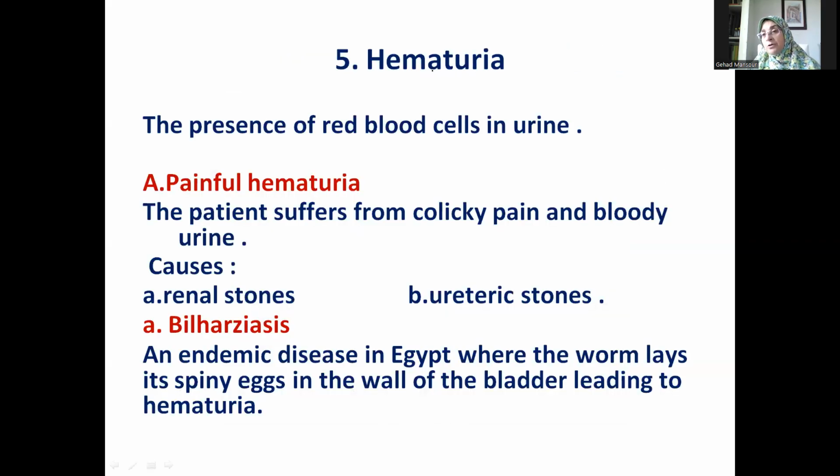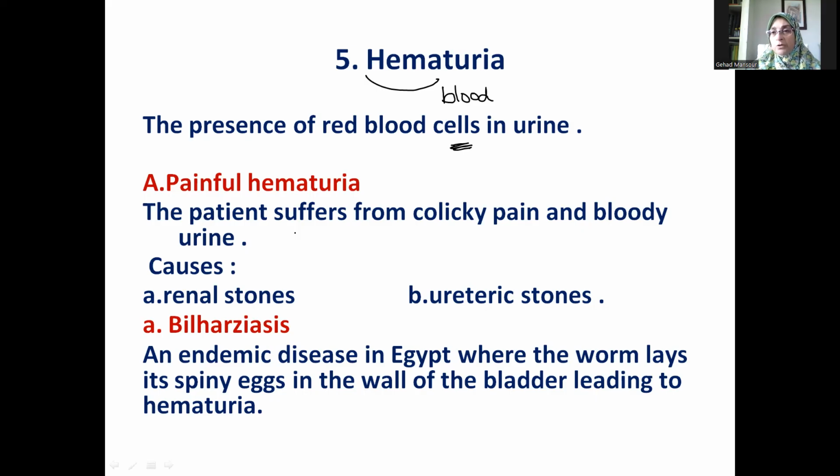Now, the symptom after anuria, another important symptom or complaint of the patient is hematuria, and the prefix hema or heme means blood, and this simply means the presence of blood cells in urine. And in order for the medical doctor to facilitate its task, they must ask the patient at first whether this hematuria is a painful hematuria or a painless hematuria, meaning that if the patient comes, of course, the patient doesn't come telling you, I suffer from hematuria or my complaint is hematuria,